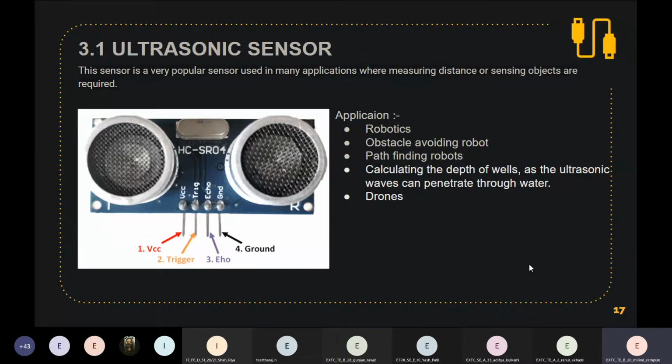As you can see here, we have 4 pins on this sensor: the VCC to power on the sensor, and a ground pin. You need to power it with the 5-volt pin on the Arduino. And here are the trigger pin and the echo pin. We'll be seeing the connections on the Tinkercad platform.